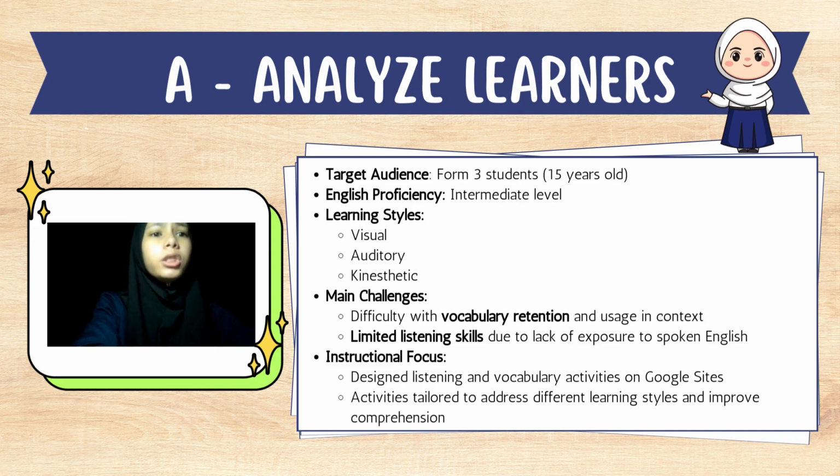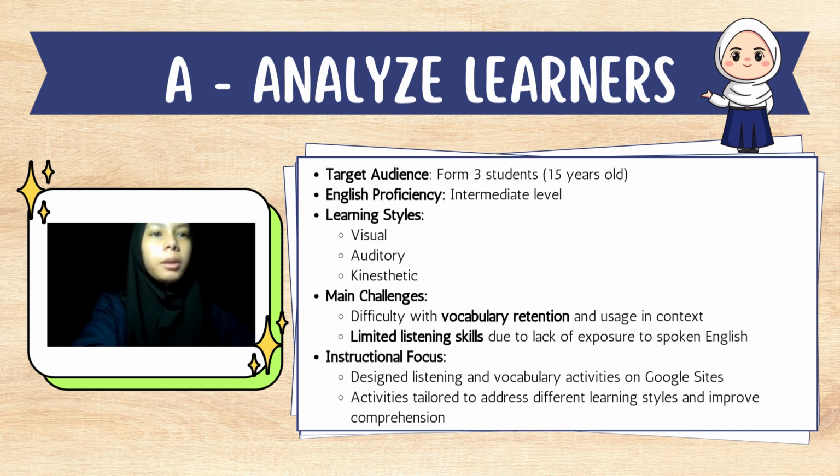So their main challenge is the difficulty with vocabulary retention and usage in context. Their limited listening skills are due to lack of exposure to spoken English. Their instructional focus is to design listening and vocabulary activities on Google Sites, and the activities are tailored to address different learning